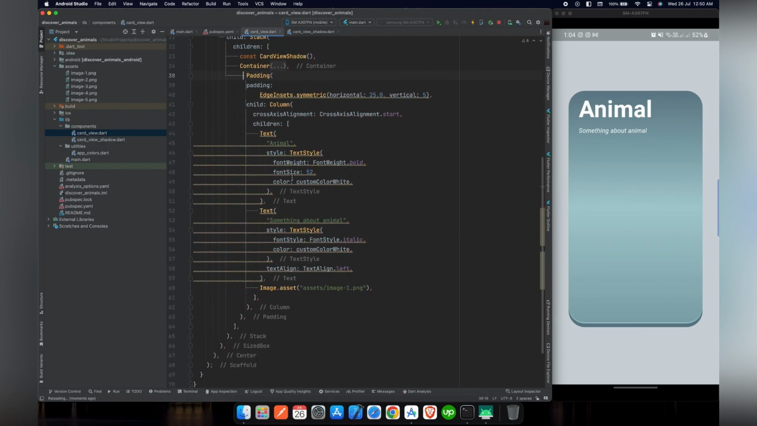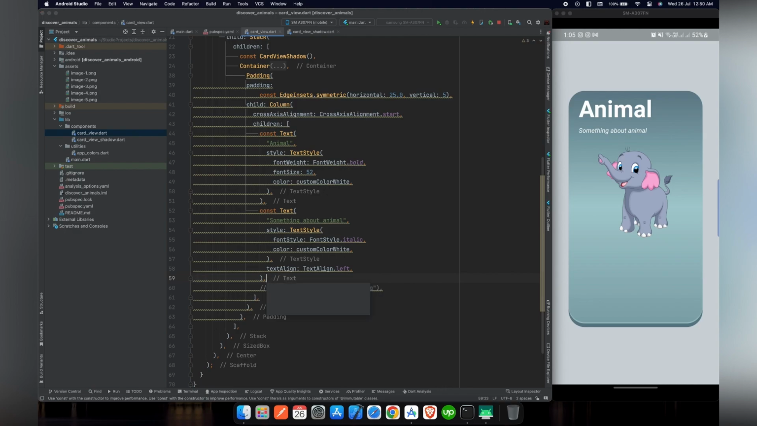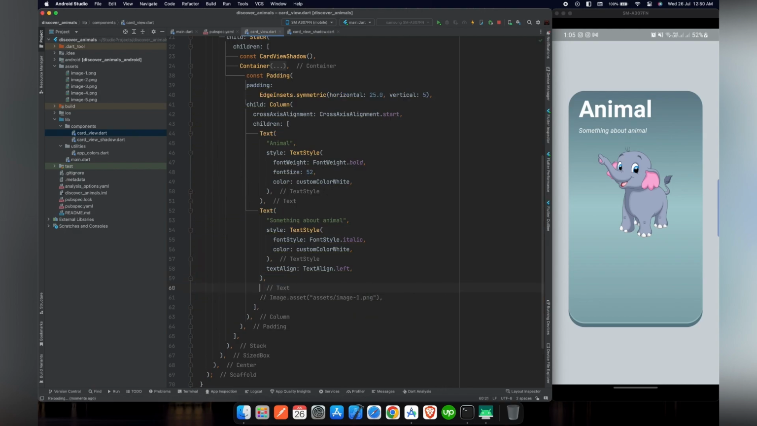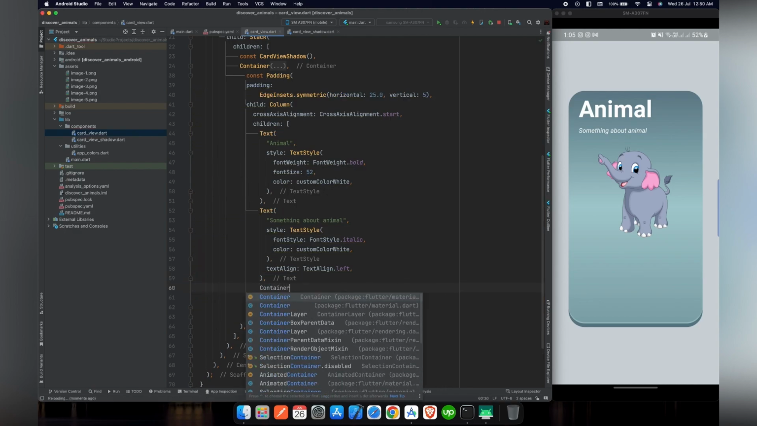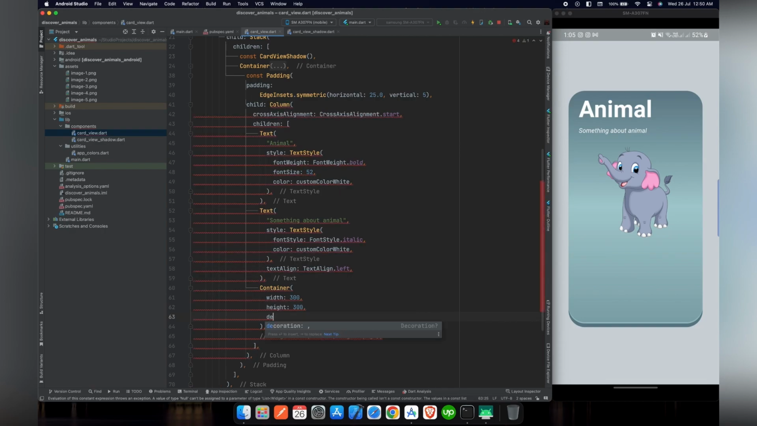When we use an asset image, we can't use const, because we were using const at the top of our widget tree. So if we reload our project, yes, you can see that there is an image of a baby elephant in the center of our screen. So now we will comment out this Image.asset line, because our main focus is to code a container in the center of this card view. For this purpose, we will use a container and give it a width of 300 and a